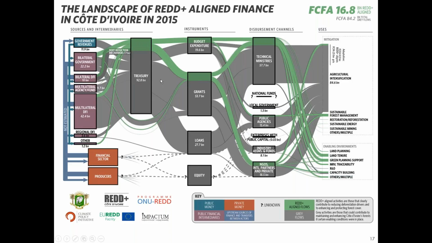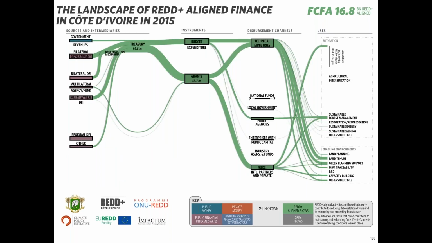In Cote d'Ivoire, we focused on mapping public, international and domestic flows of relevance for REDD+. We used data from 12 ministries in Cote d'Ivoire and over 15 international donors and funds. The overall picture allows you to see, decision makers, the difference and scale between grey and green flows. But first, let me take you through the green flows here.